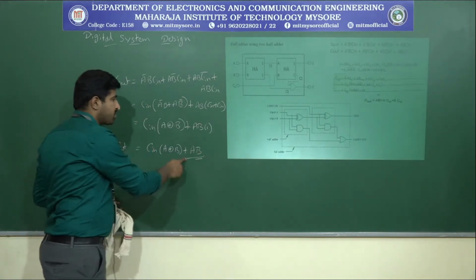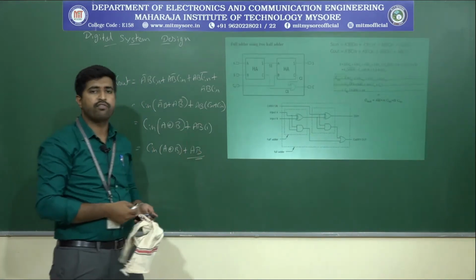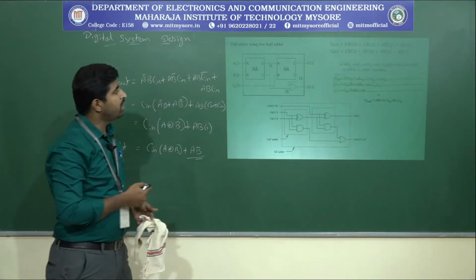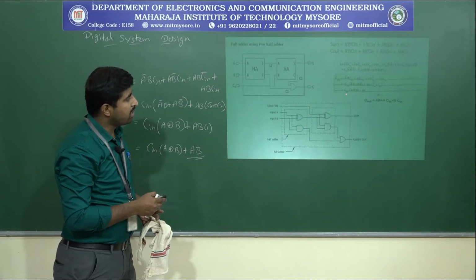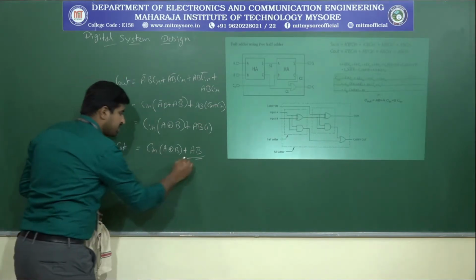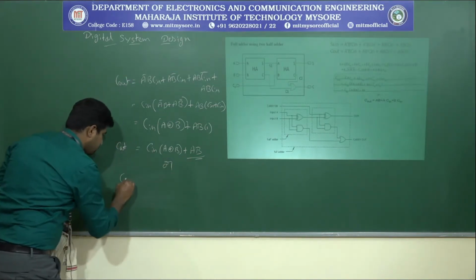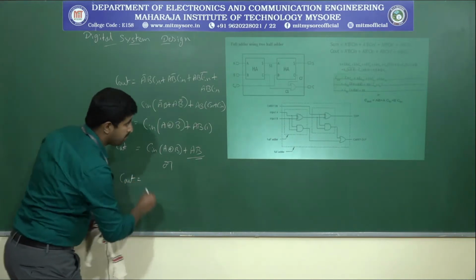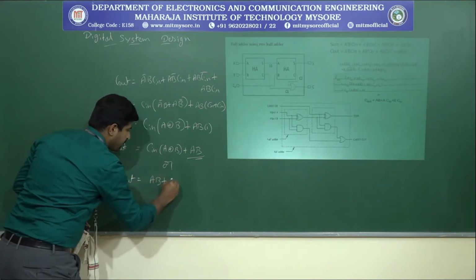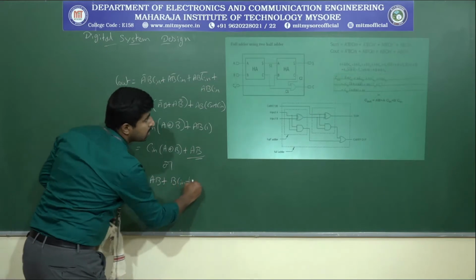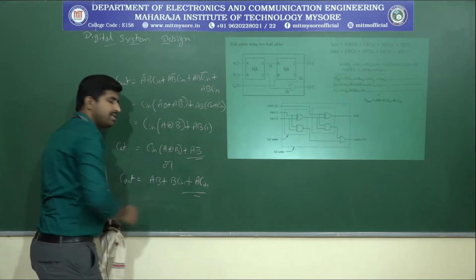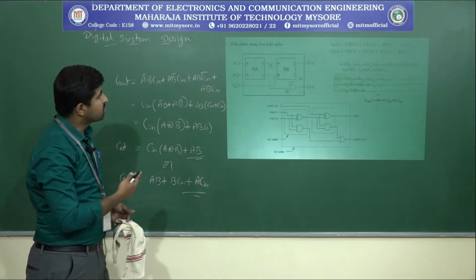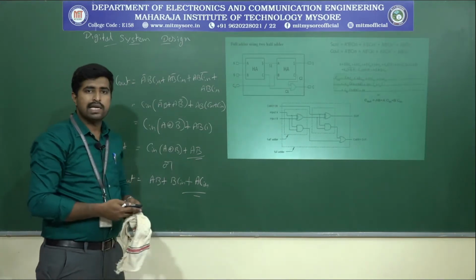Okay. So this is the expression we have used for the implementation of a full adder using the two half adders. Okay. So that means the C out can be represented in this equation, or C out can be represented as A B plus B C in plus A C in. So both the equations are same. Okay. So this is the topic I had left out in the last class.